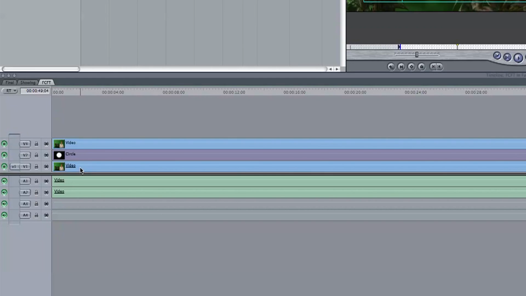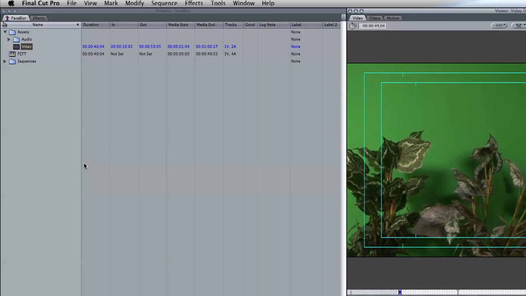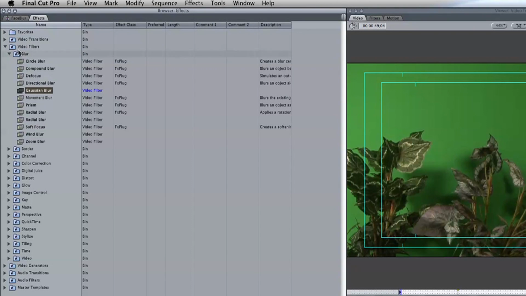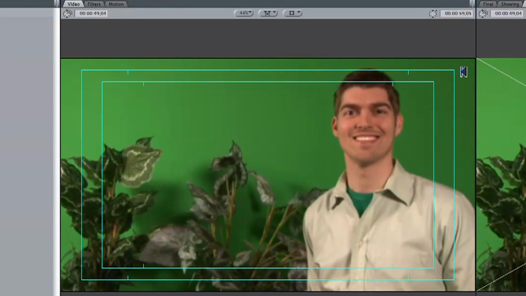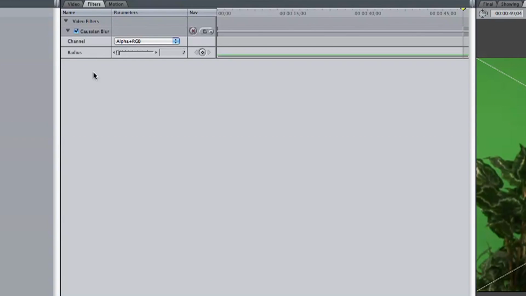So let's go to our Effects tab and grab the blur effect. It's under the Effects, Blur, and Gaussian Blur. Drag this effect down to track 3. Now, double-click on track 3 in our timeline to bring it up into your viewer. Head over to the Filters tab in the viewer window and adjust the Gaussian blur by sliding up this little